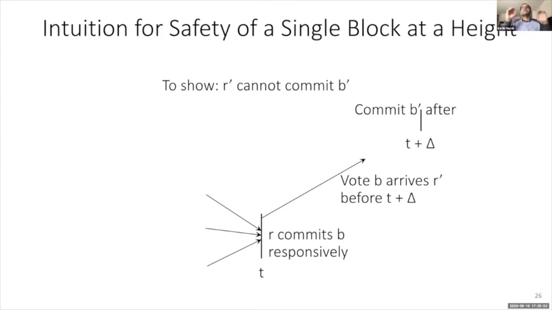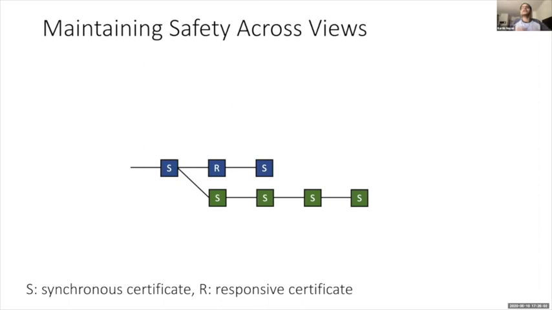So this goes as far as we are thinking of the safety of a single block, a single shot consensus. But it turns out because we achieve simultaneity, there are other concerns that we need to tackle when we are thinking of safety, even when leaders change. And one key aspect that comes into picture for us is the following. We can have some replicas commit the same block using a responsive rule or a synchronous rule. But more importantly, all the commits cannot happen, one using responsive and one using synchronous.